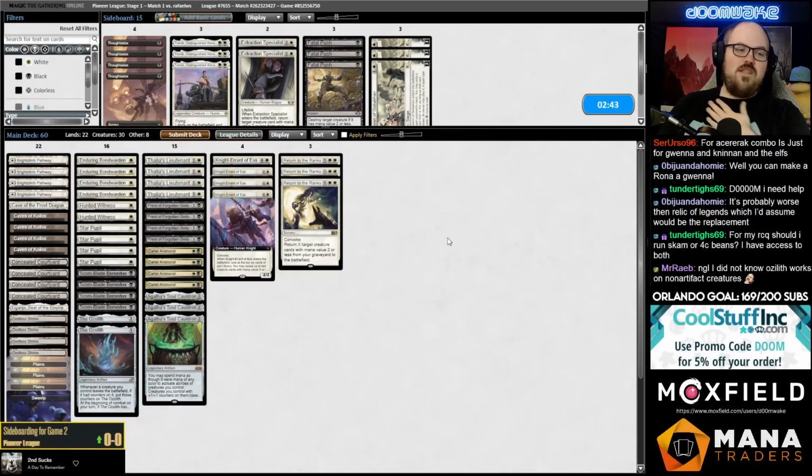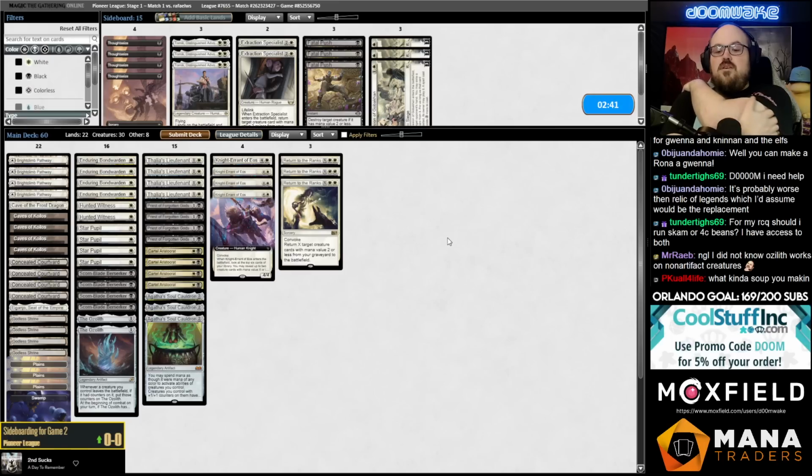We won the game because our deck is better. For my RCQ, should I run Scam or 4-color Beans? I mean, you should just play Scam. I'm only not playing Scam because I'm stubborn. And I'm playing Coffers this weekend, but...